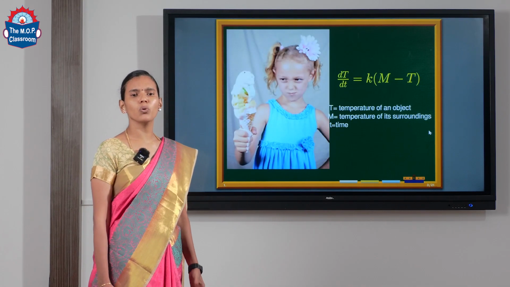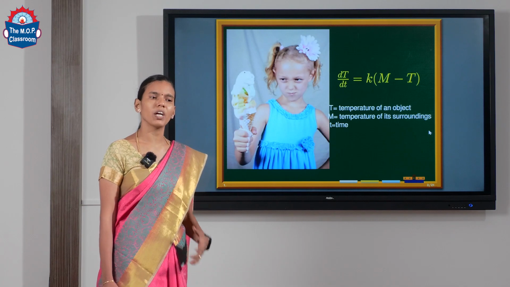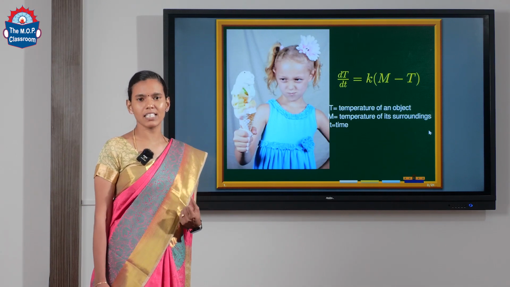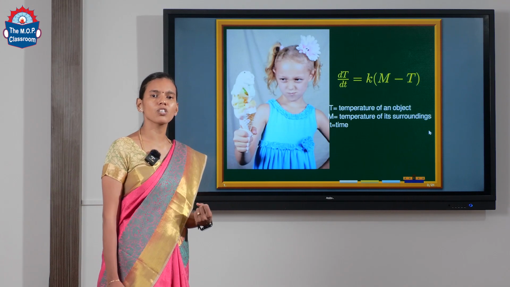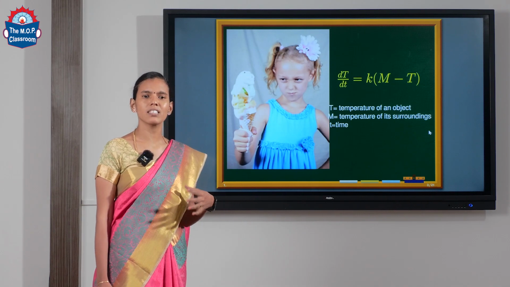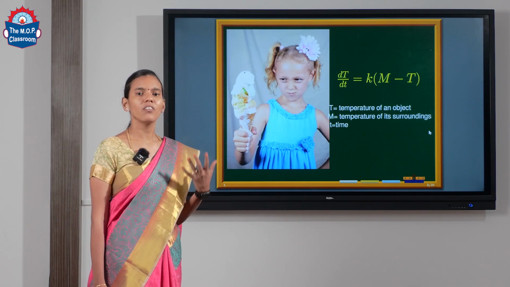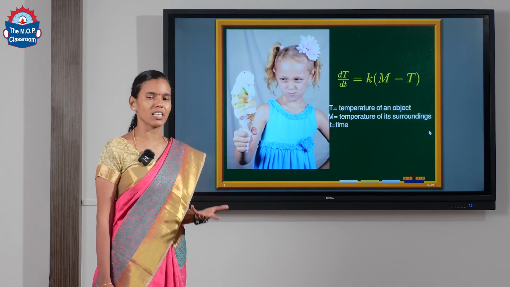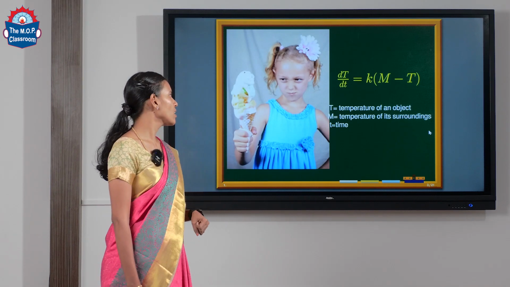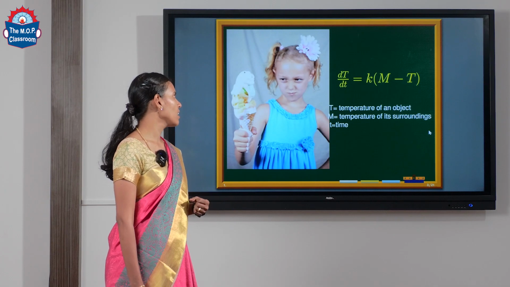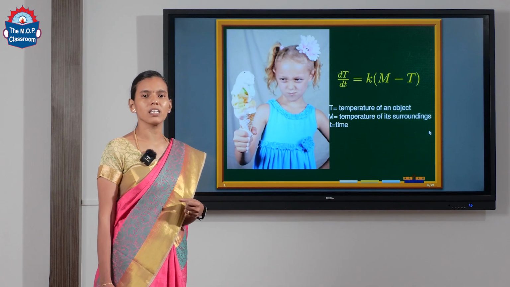Now, let me tell you what a differential equation means and where we apply it in our real life. When we eat an ice cream and it comes in contact with room temperature, it starts to melt. So, as soon as the ice cream starts melting, we keep our motion fast in order to finish our ice cream. So, here I'm taking the equation dT/dt = k(M − T), where